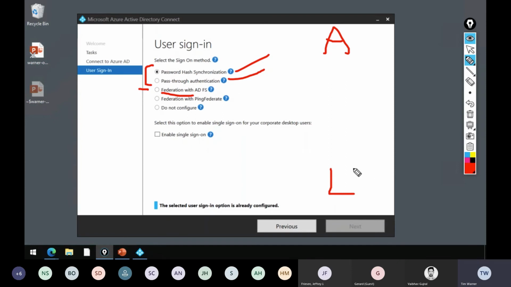Password hash synchronization is going to replicate the user and a hash of their password hash to the cloud. And the idea is there's a lot more to this, but ideally, you want to make sure that the user's UPN or user principal name in the domain matches their business email address, because you're kind of tricking your users. You're going to, at the end of this process, say, okay, user, you're going to sign into Office 365 using your business email address and your normal company password.